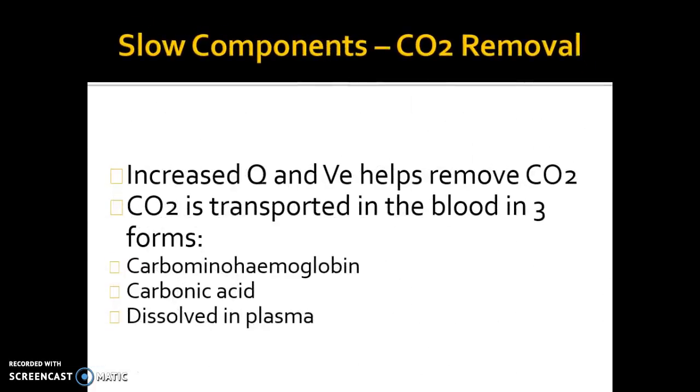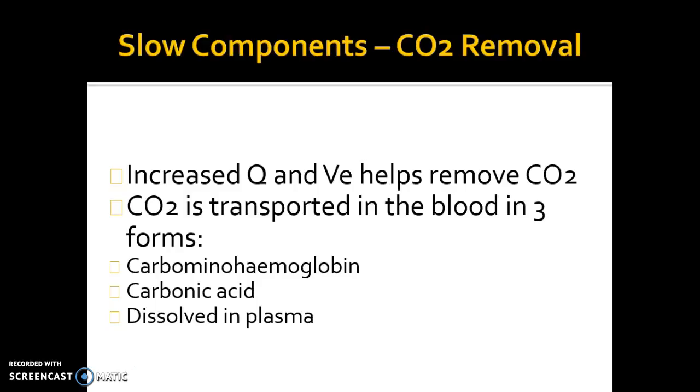So the slow components of recovery. So CO2 removal. CO2 is removed in the blood. There are 3 ways in which it's transported in the blood. 23% is transported as carbaminohemoglobin, which is a hemoglobin molecule attached to a carbon dioxide molecule. 70% is transported as carbonic acid, which is a combination of CO2 and water, or H2O, and 3% of carbon